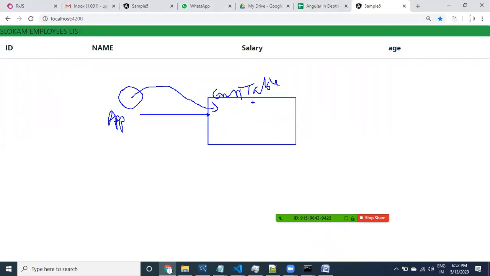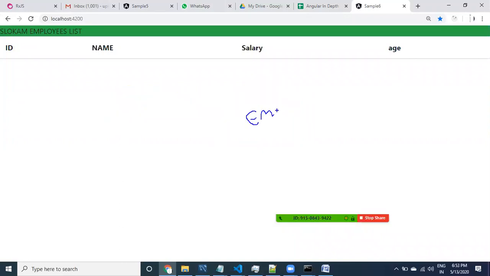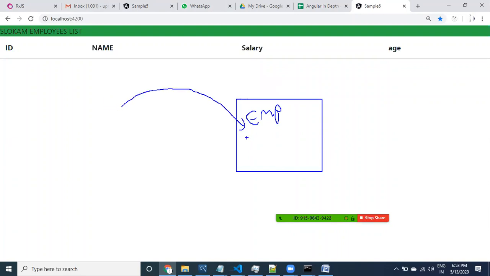To pass this data to employee table component, we need to know one mechanism. Let's just think about it guys. Data is coming into the employee component, right? So that is nothing but input. For the employee, we need to get the input from other components. That may be app component or other components also, because one component can be called from different components. So now in our example, we are calling this employee component from app component.